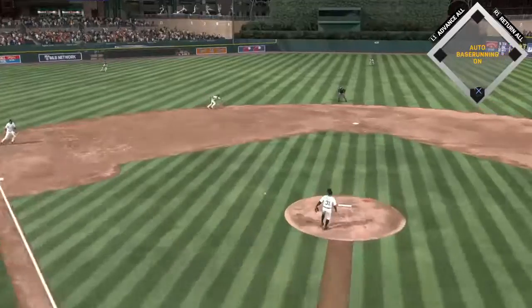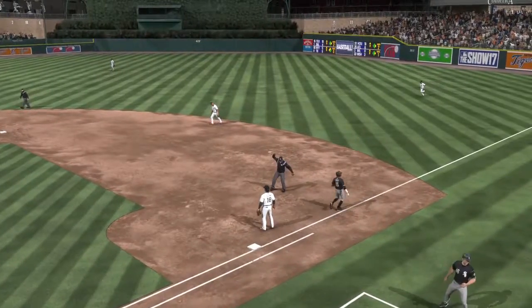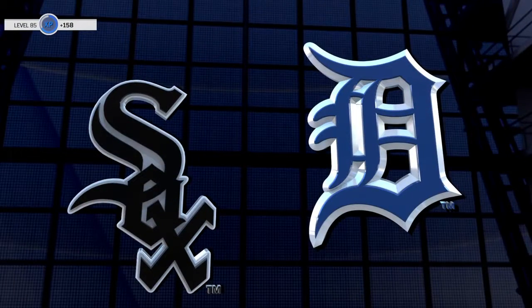Now a swing and a ground ball. This should do it. Throw on to first to take care of them, and the Tigers have taken the opener here at home as this ball game is over. A one-run finish, an 8-6